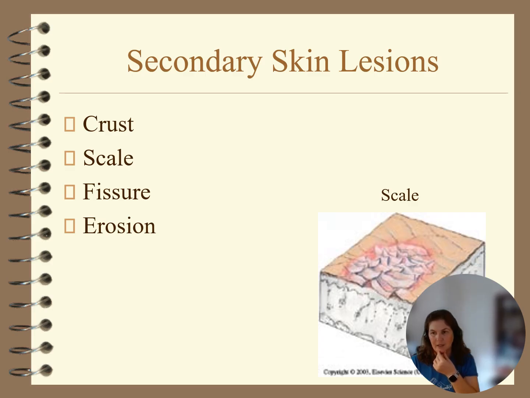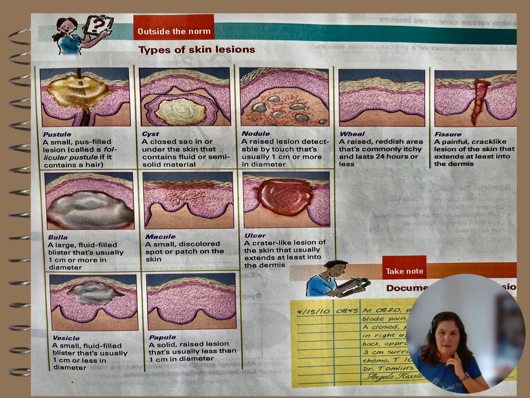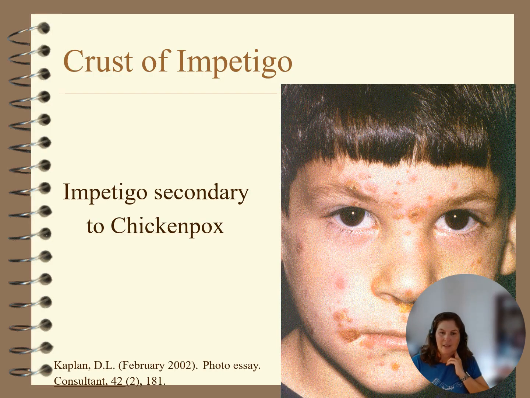Those can hurt. Erosions, loss of part of the epidermis, depressed, glistening, moist, following a rupture of a vesicle or a bulla. So if you have a blister that has burst, it can leave an erosion behind. Know this, love this. I didn't mean to click so fast. Go back and look at that one as well, but it's a nice little example of all the different types